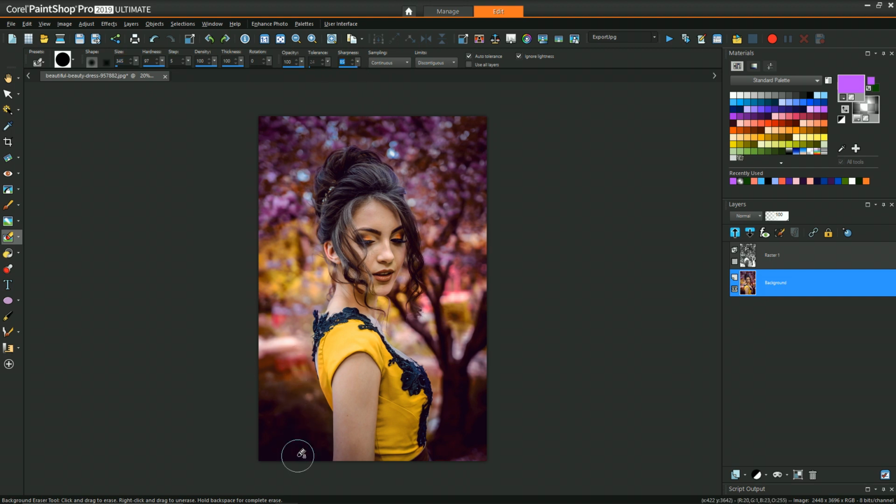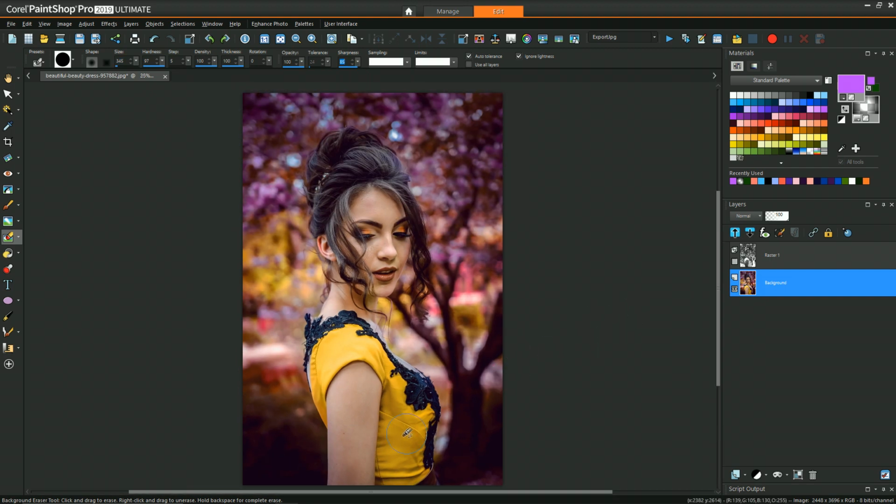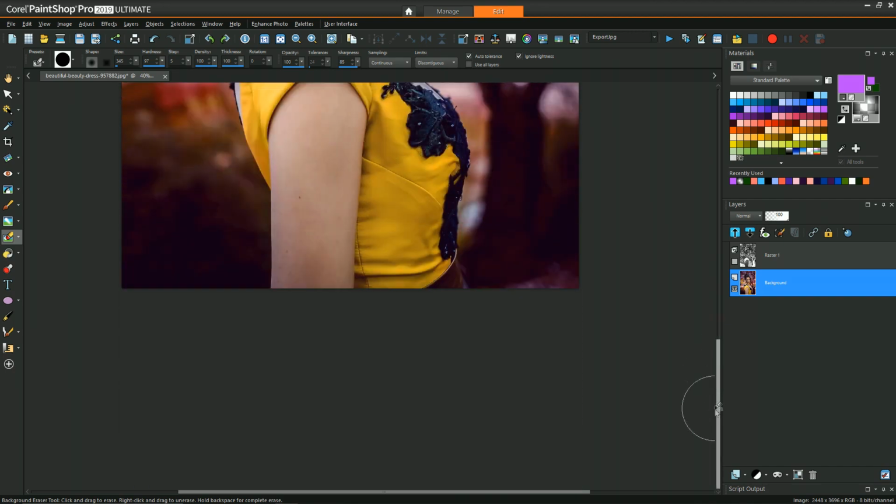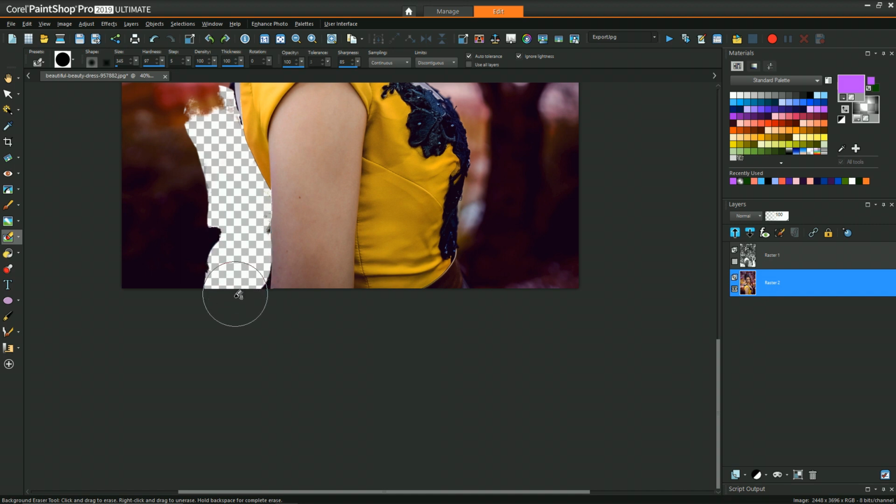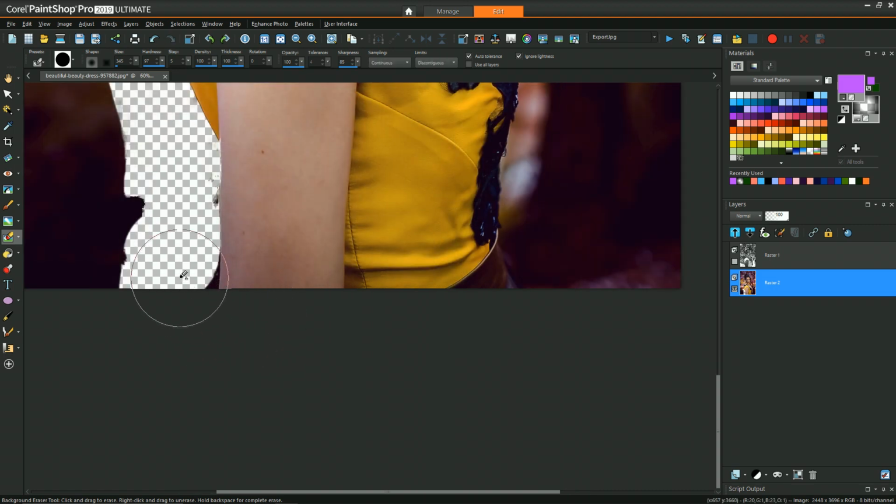So here I am starting with some pretty broad values, like a pretty large size for the eraser and a pretty high sharpness. But you can see, even as I'm erasing near her arm, it's already starting to cut away at the arm. There's enough similarity between the sampling region and her figure that it's erasing into it. So I'm going to have to approach that a different way later.